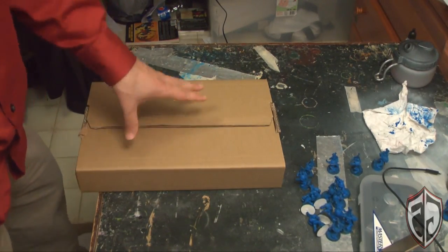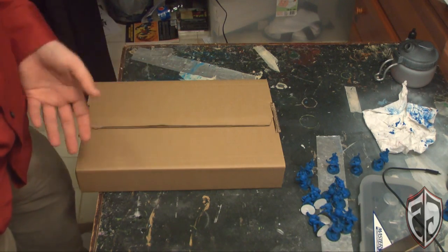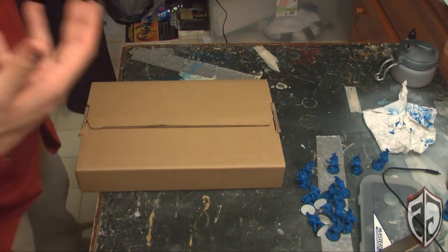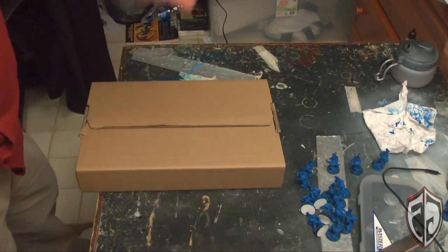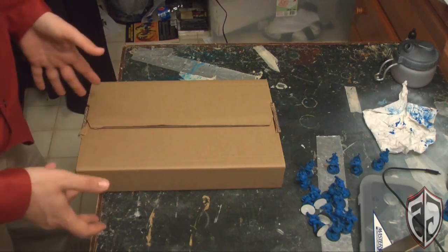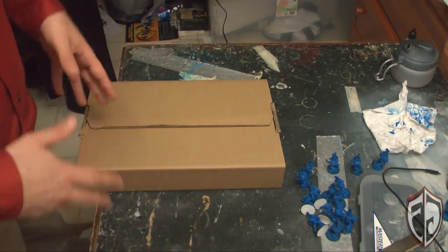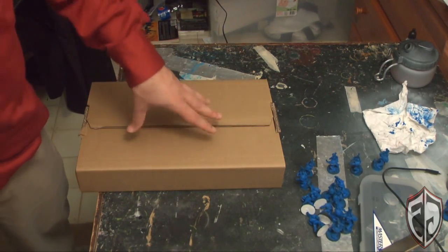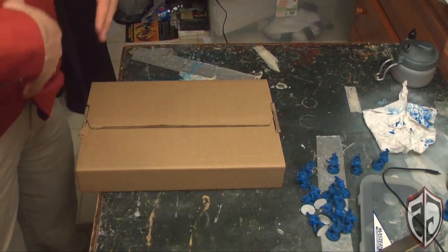The Eldar one was pretty cool, though. You got the paint guide with it, so that was kind of only good if you felt you needed a paint guide. The Necron one, I think, had one of the better ones in my opinion, because it had all the data sheets for you. But you know, as a collector's edition goes, really cool collector's edition. Not 100% sure if I'd consider it